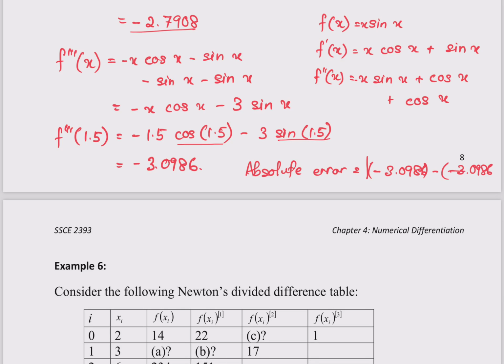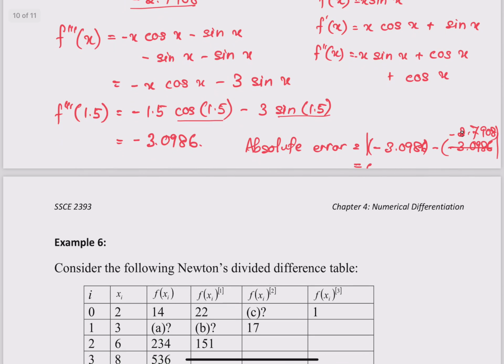Oh, no. It is negative 2.7908, and what you will get is 0.23078, the absolute error. So it's quite a big error, but never mind, at least you need to know how